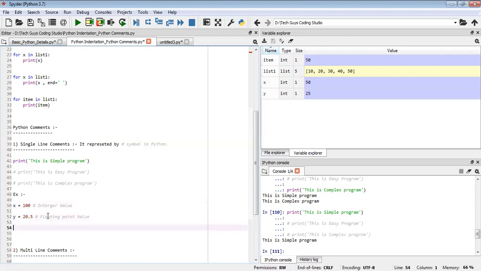Okay. So now I'll take print here. So the value of x. I'll print this x. Okay. Now I'll copy the same thing, Control C and Control V, and I'll print the value of y. Okay. So I'll put the y here. Okay, done.